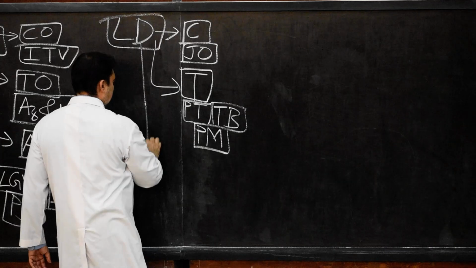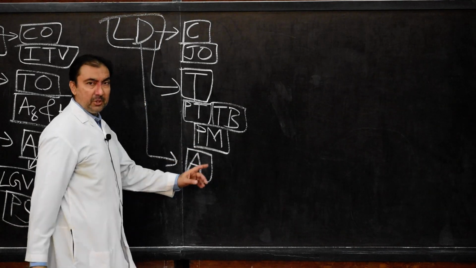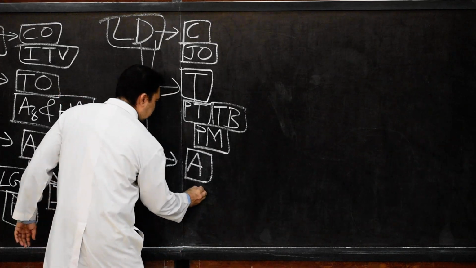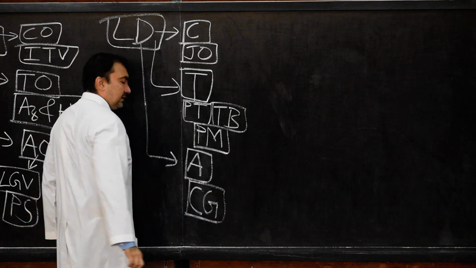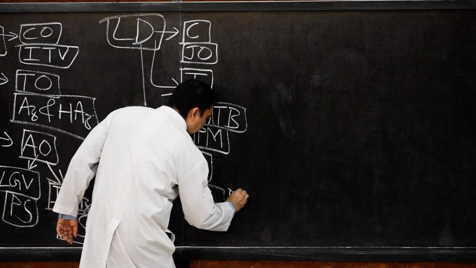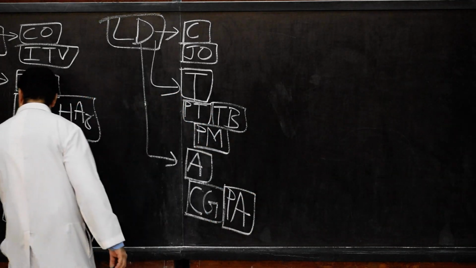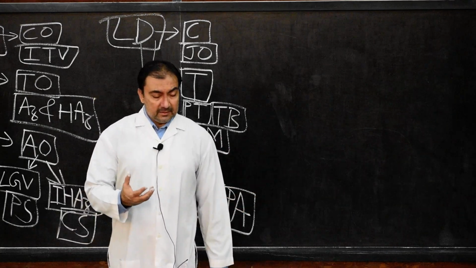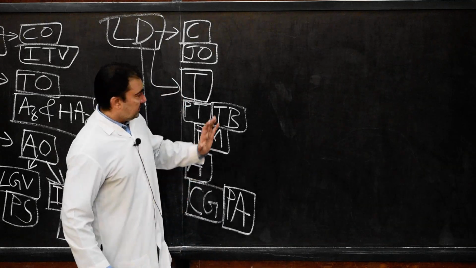And finally, the abdominal part of esophagus, the entire abdominal part of esophagus will drain into celiac group of lymph nodes, the celiac group of lymph nodes which belongs to pre-aortic group of lymph nodes. This also you need to remember, the celiac group belongs to pre-aortic group of lymph nodes that will drain the lymphatic drainage from abdominal part of esophagus.